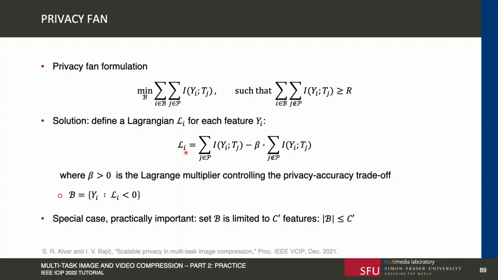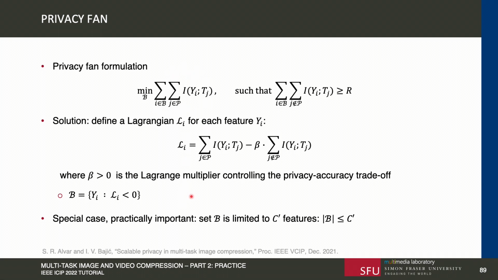So the Lagrangian for feature i is the sum of mutual informations of that feature relative to private tasks minus some scaling factor, a Lagrange multiplier, times the sum of mutual informations of that feature towards non-private tasks. And because the goal is to minimize the sum of all Lagrangians here, it's easy to see that the solution is to collect all the features whose Lagrangians are negative into this set B,